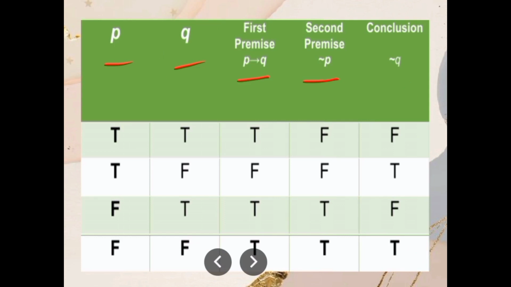So as you can see, in the third row the conclusion is false, while both the first and second premise are true. Therefore,